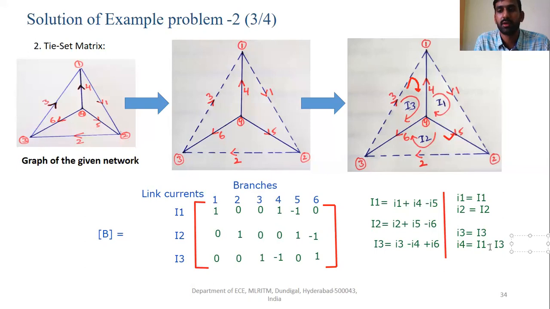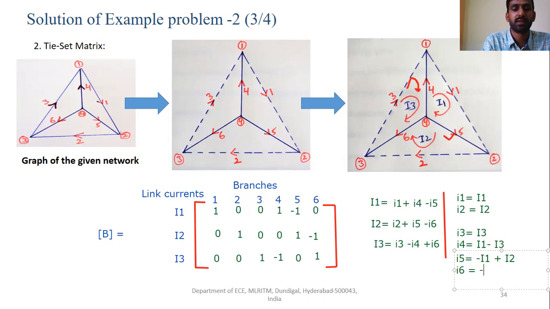And also we can write small i5 is equal to minus I1 plus I2, and also small i6 is equal to minus I2 plus I3.